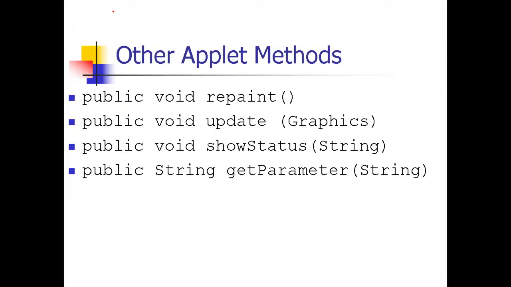उसके बाद हमारे ये कुछ और मेथड्स होते हैं, एप्लेट के मेथड्स, जो कि रीपेंट है, अपडेट है, शो स्टेटस है और गेट पैरामीटर्स है। ये एडवांस एप्लेट के लिए, प्रोग्रामिंग के लिए यूज किए जाते हैं।